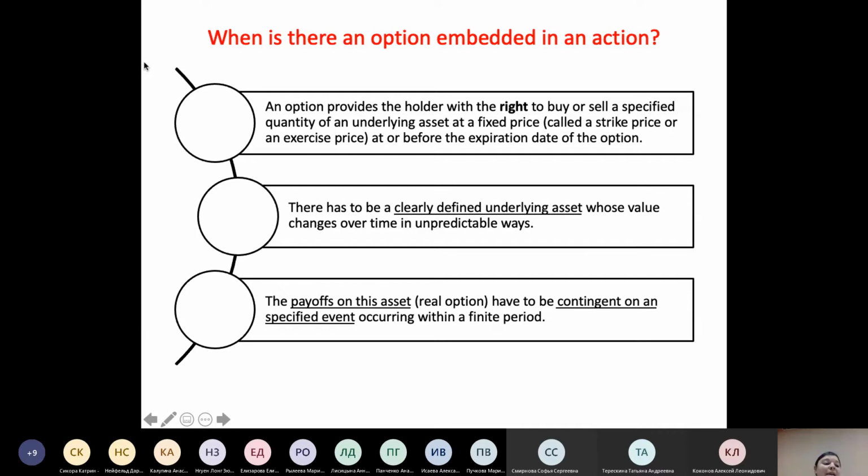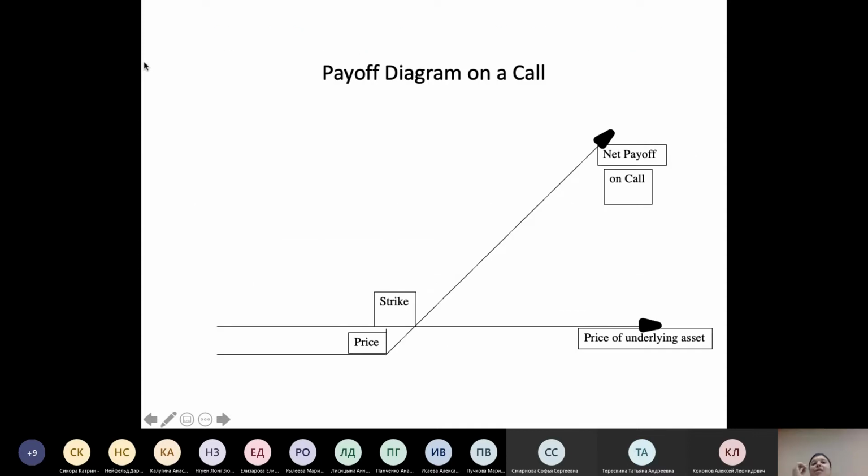Certainly, our company receives the opportunity of using real options under the pressure of different risks, under the pressure of internal and non-diversified risk for our business. And on this slide, you can find the diagram of a call option. And as we said earlier, our call option gives us the opportunity to buy an asset at predetermined conditions.